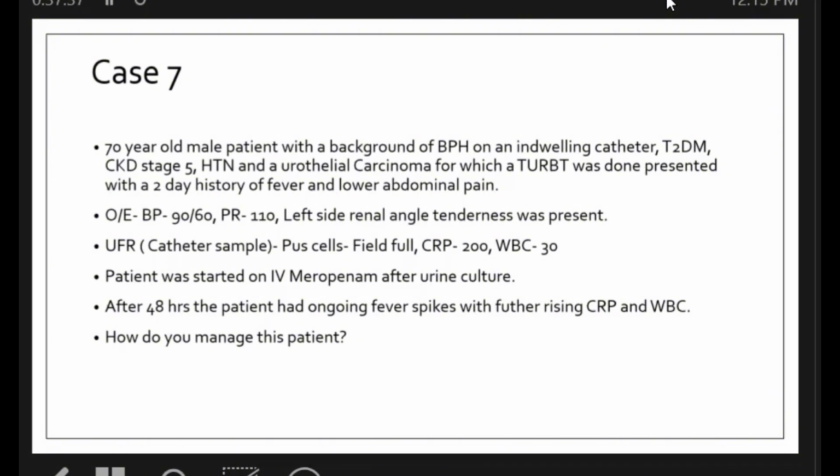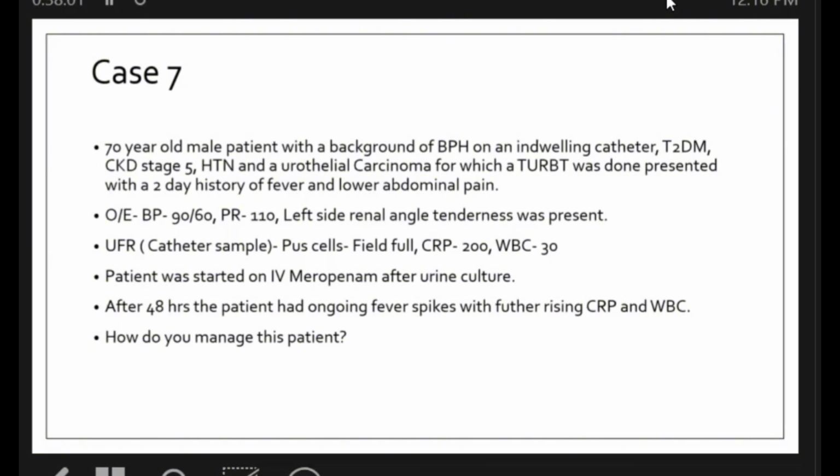Now coming to the evidence of pyelonephritis with sepsis. After 48 hours of meropenem, the patient is still symptomatic. How do you manage a diabetic patient? Again, the same thing: we need to see whether there is any obstruction, any renal abscess, or perirenal abscess,